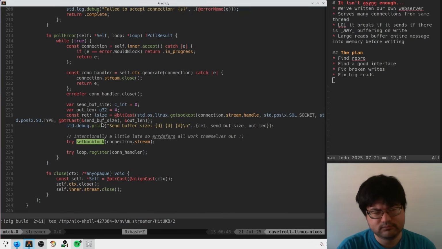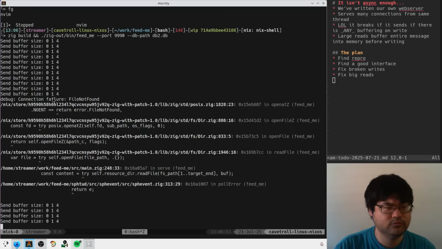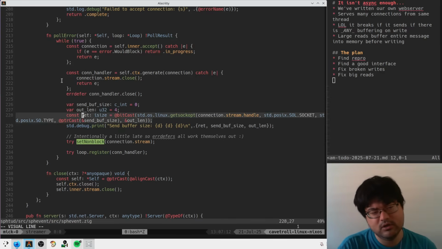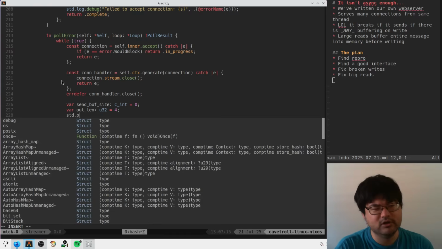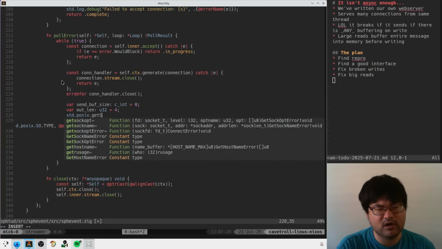Let's see. Let's see. Send buffer size 0, 1, 4. So return value is 0. Send buffer size is 1. Outlength is 4. Dude, this is confusing too. Because I would have assumed that when we called get sockopt here,